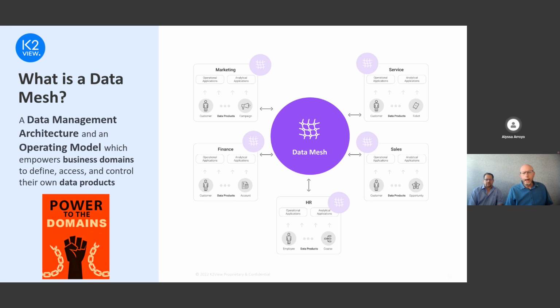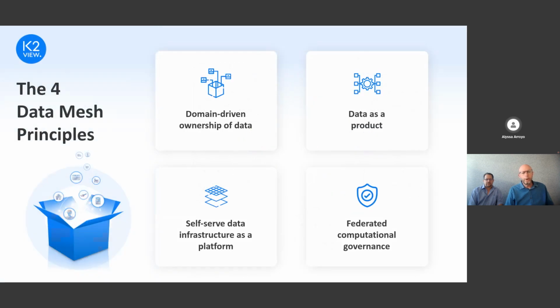And you cannot really talk about data mesh without talking about the four very famous and popular principles. So what are the key principles behind a data mesh deployment? The first one is the domain-driven ownership of data.